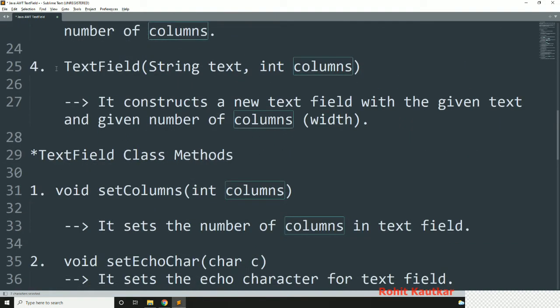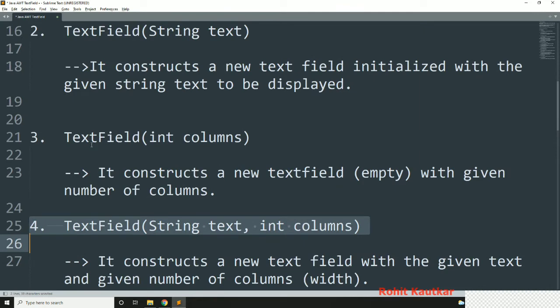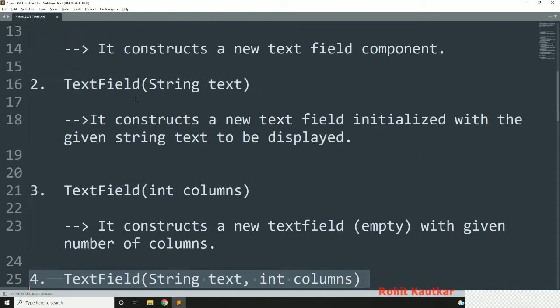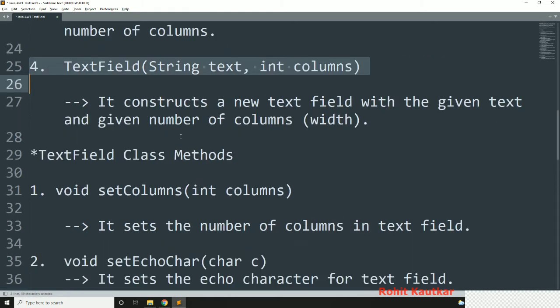The fourth constructor allows us to specify the text to be displayed, as well as control the number of columns, that is the width. You can specify both while creating a text field. So these are the four constructors for text field. As per your requirement you can select a specific constructor and create the text field.